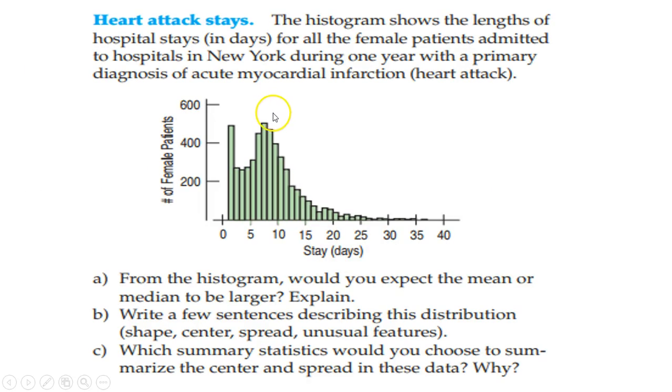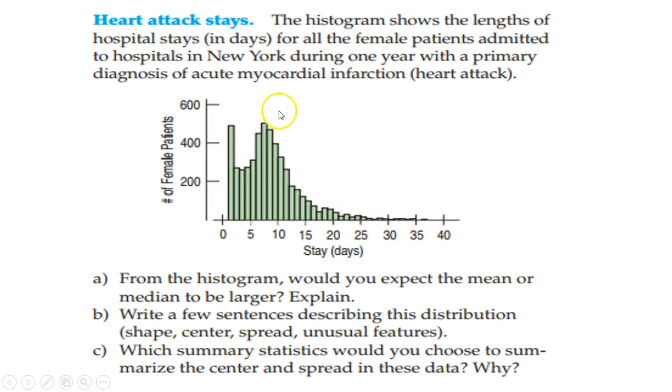Taking a look at this one, the histogram shows the lengths of hospital stays in days for all the female patients admitted to a hospital in New York during 1 year with a primary diagnosis of some type of heart attack. From the histogram, would you expect the mean or the median to be larger? Since this looks skewed to the right to me, that means it's pulling my mean up this way. So my median, my guess, would be lower. If I was to describe my SOCS, my shape, my center, my outliers, my spread, if I was to do all that,